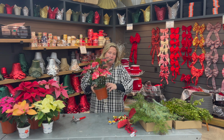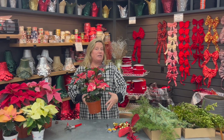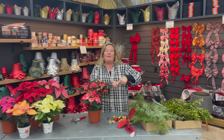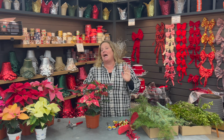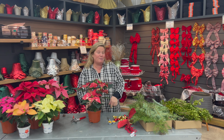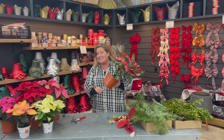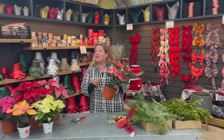draining. I will usually tell by the weight of the pot if it's well watered or if it feels kind of light, if it needs a good drink, or I will simply put my finger down the side and run it up to about mid to upper knuckle, and then if I still feel moisture in that period of my finger, I want to make sure that I don't water them yet. So that should start to feel dry to the touch before you give them a drink. And then I usually give them a nice drink. If you put them in one of the foil covers, you want to make sure that you put a little slit in the bottom to ensure that the poinsettia can drain into a saucer and not store a lot of